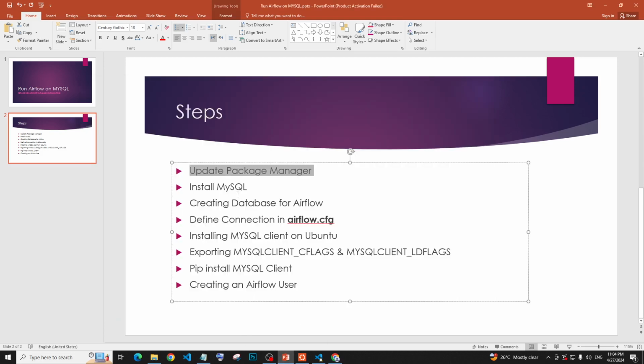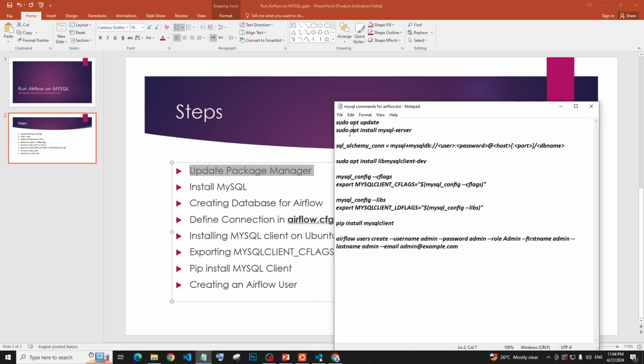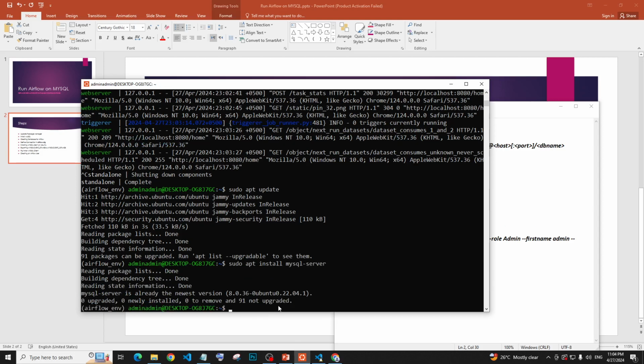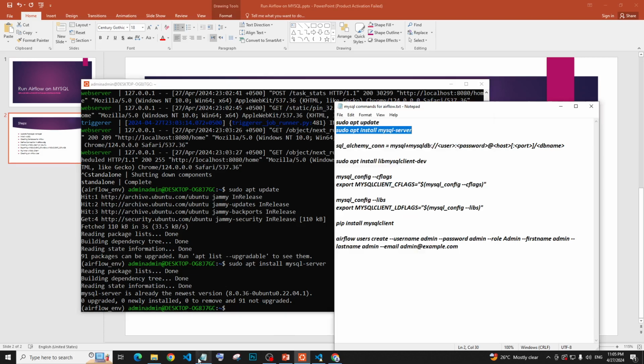The next step is to install MySQL, and for that the command is: sudo apt install mysql-server. Let's run it. Yes, you can see it is already installed on my system. And the next step is to create